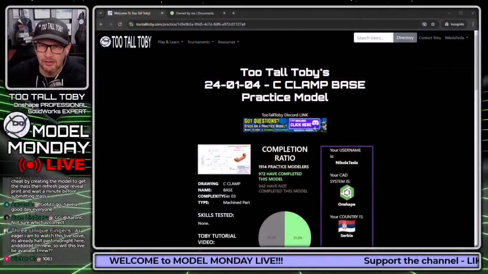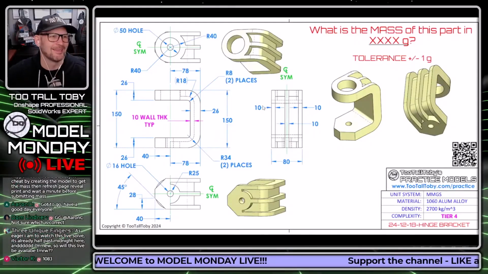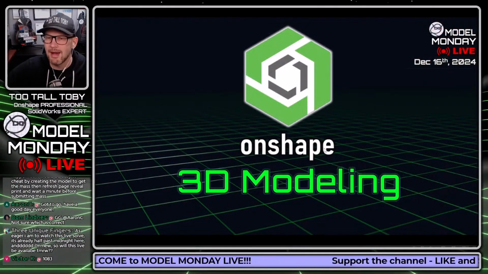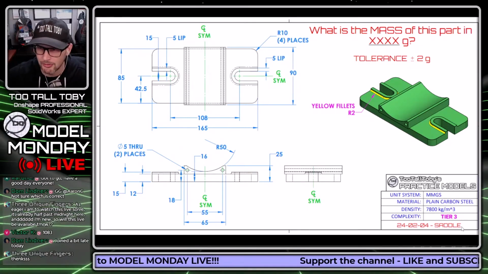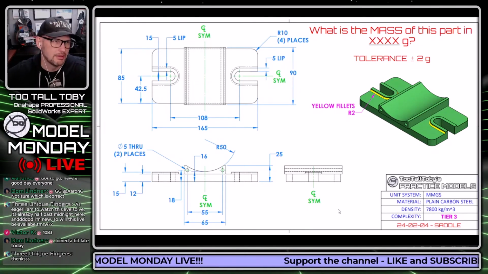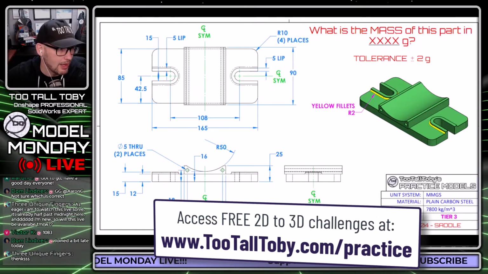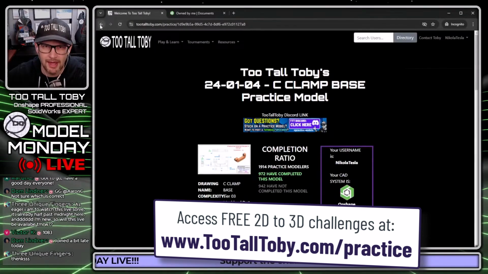All right, let's get into it. I just get so excited about this Practice Models app. Let's do some 3D modeling using Onshape. We're going to create this model here using Onshape. This model does, in fact, come from the Practice Models app. So I'll just grab it right from there. So we'll go here to our Practice Models app. And this model is called